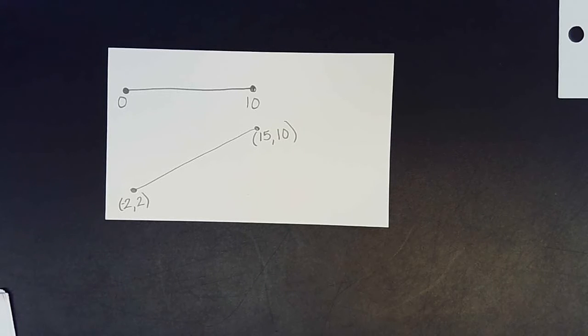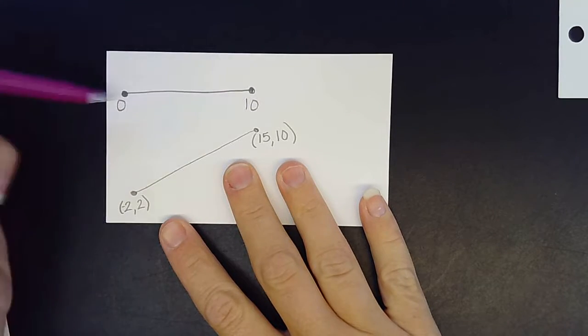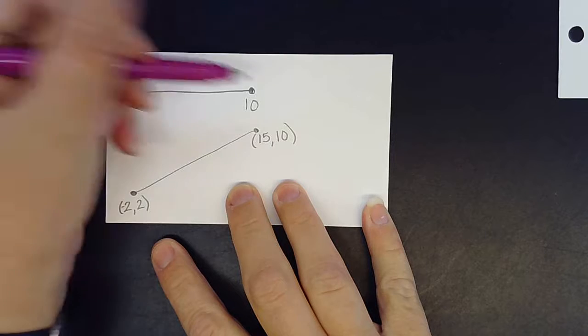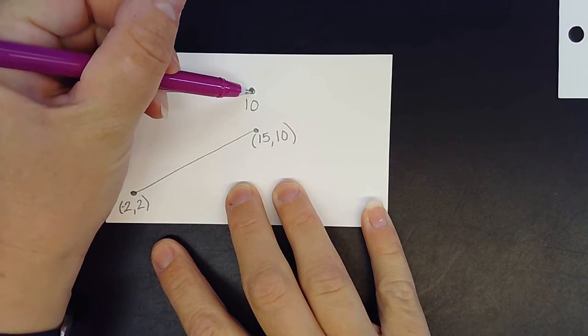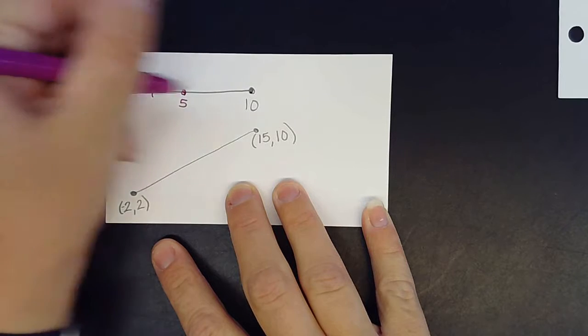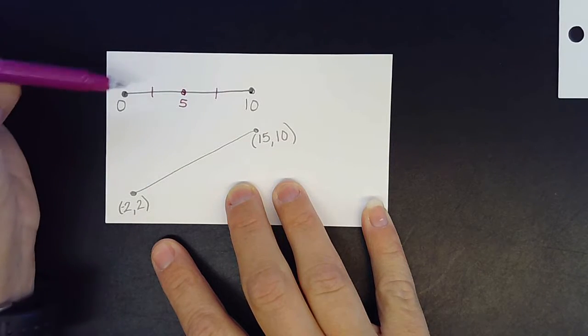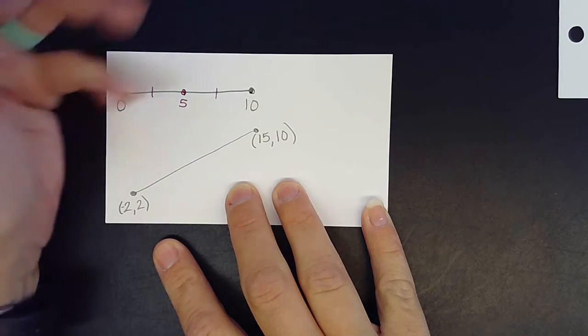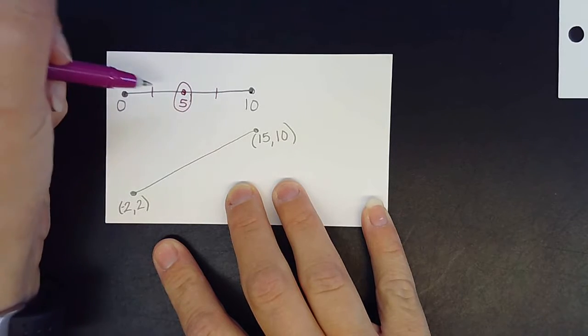So last week we talked about midpoints, and we found midpoints of a segment. If I have this segment that goes from 0 to 10, the midpoint, or the halfway point, would be right here at 5. And what it does is it cuts it into two equal pieces. When you are dealing with a segment that's on just a number line, it's really easy to find the midpoint